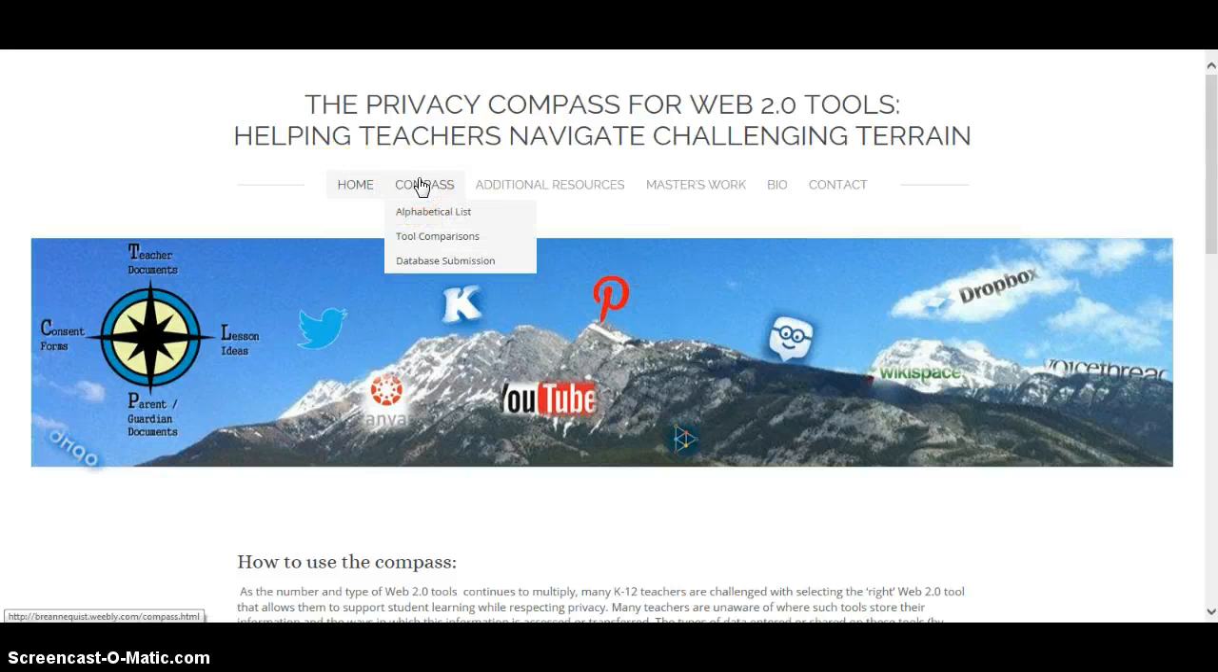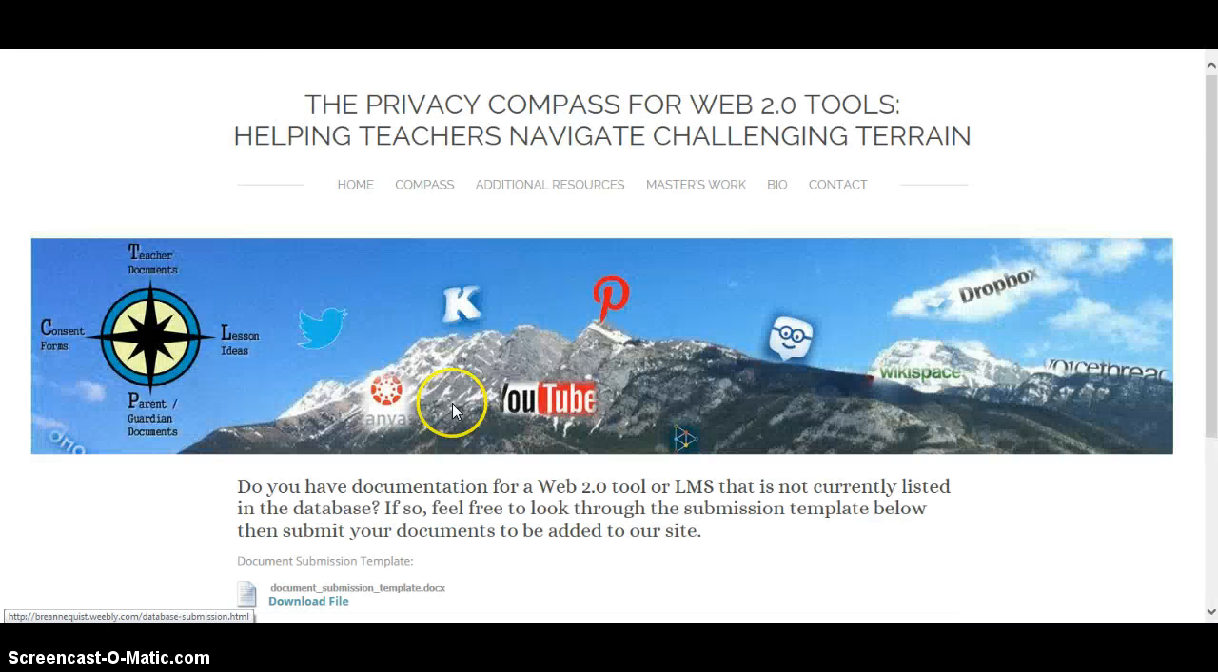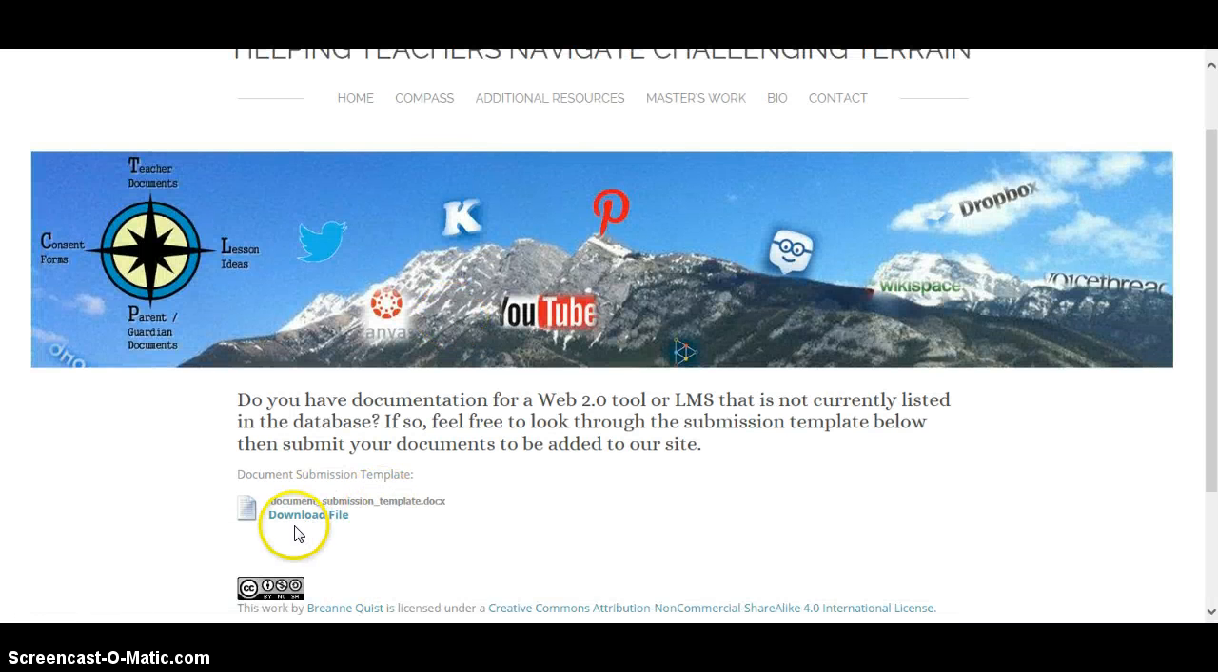Going on from the home, there's the compass, and you have an alphabetical list, a tool comparison, and a database submission. Right now, if people want to create their own forms and submit them to be added to this, they can, and they do that through the database submission. If you click on it, you can see that there is a template to use just to make sure that all of the resources in this collection are as similar as possible